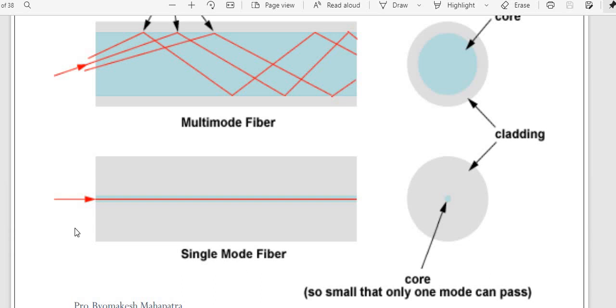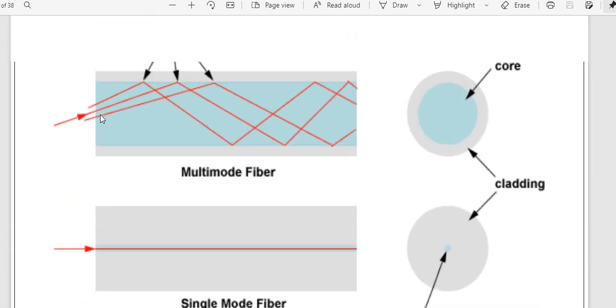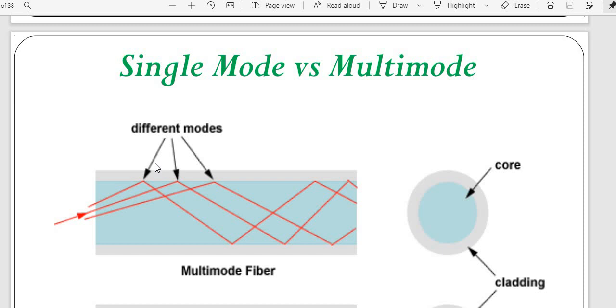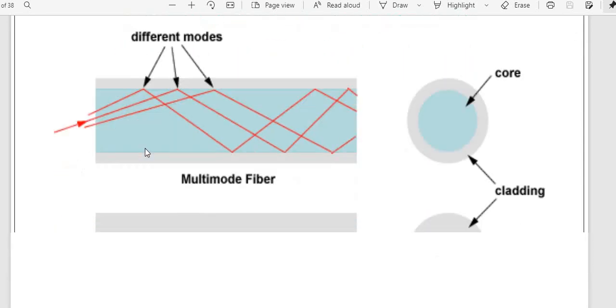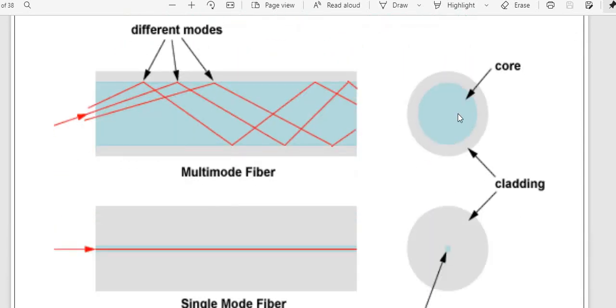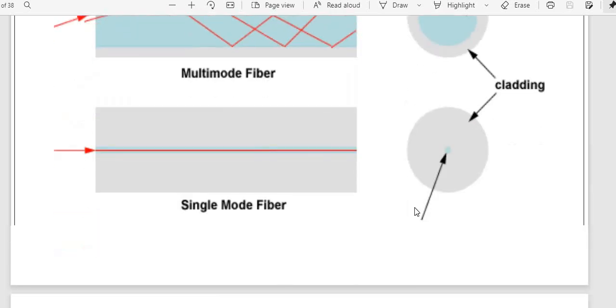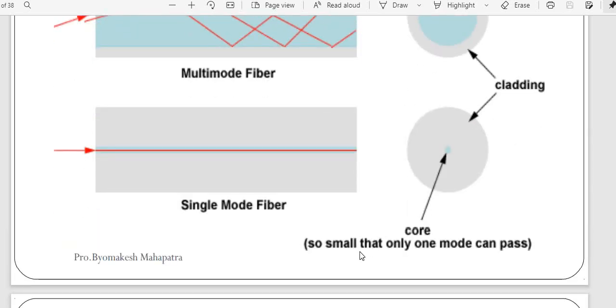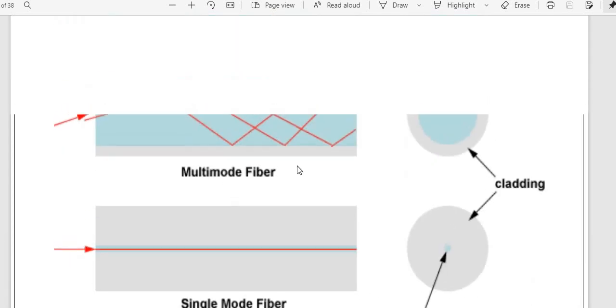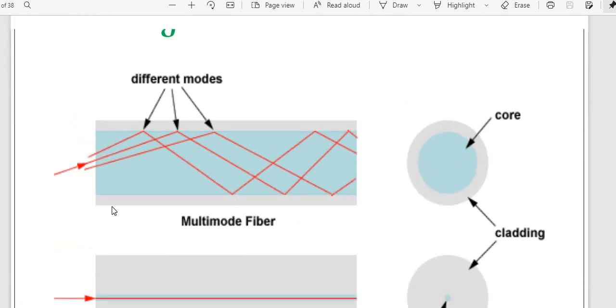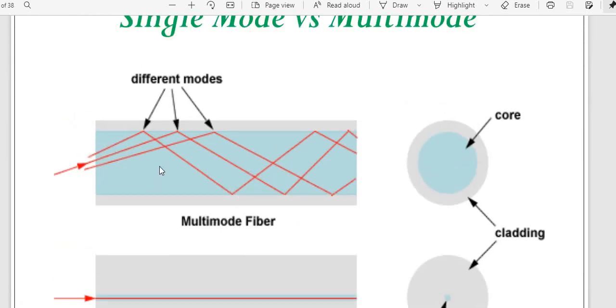See, in single mode fiber a single light is going to pass, in multi-mode fiber multiple lights are going to pass. Whenever we try to find out this kind of wave propagation, we can apply this particular mode as well. So this is the way we can write single mode versus multi-mode. As you can see in the core versus cladding, inside the specimen is the core, right? Outside it is called the cladding. When the core is so small that only one mode can be allowed, it only allows one mode. Whereas in this part, the core is larger, because the number of rays should be more.